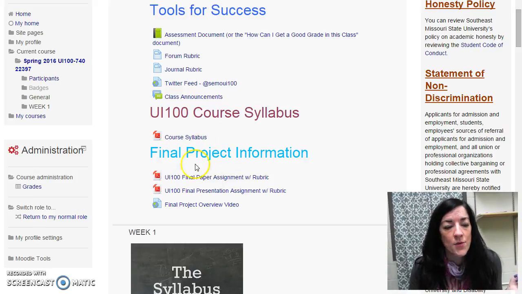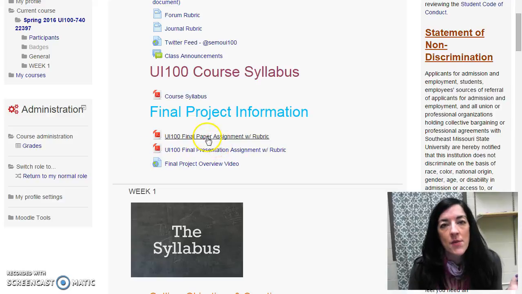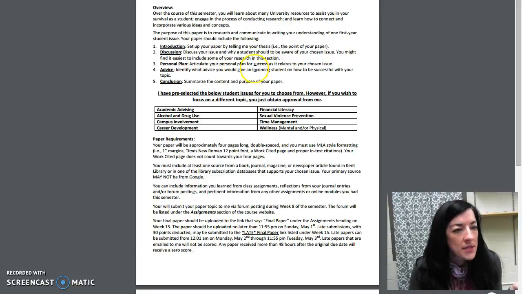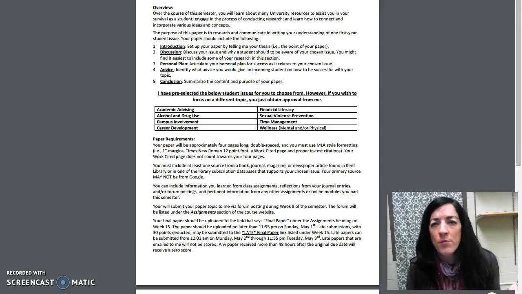So if you look here under the heading, I have two documents. The first is your final paper assignment, and the second is your final presentation assignment. And then here's the video that you're looking at. So let's take a look at the paper first. It is a PDF document, and I think you probably can't see the title way up here, but we'll start